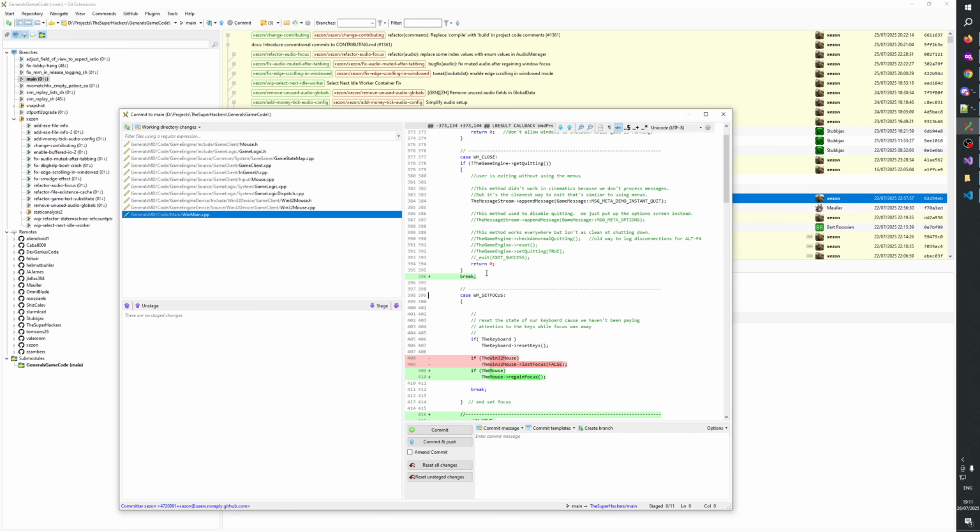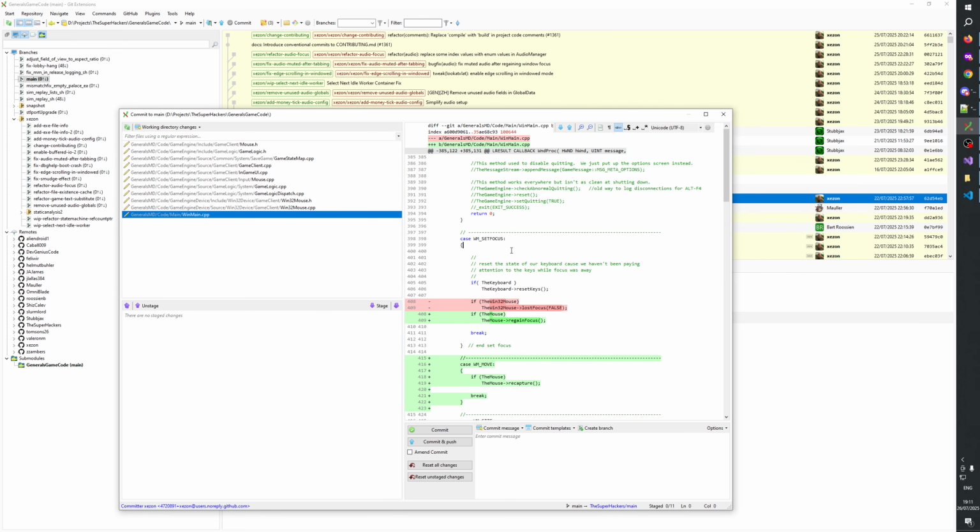WM close. If not, get quitting. I guess it's a separate consideration. I will revert this as well.